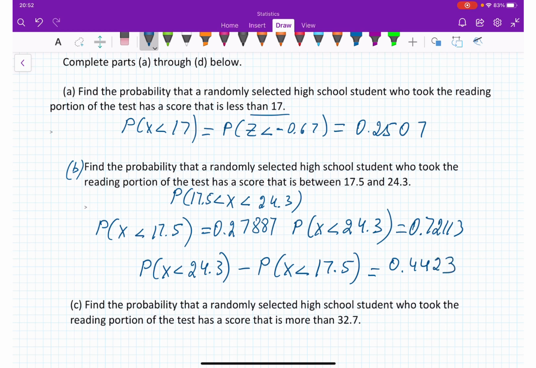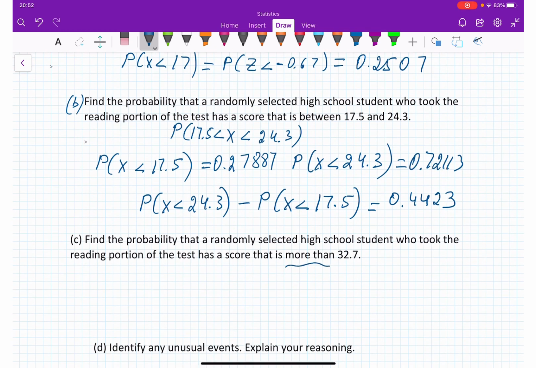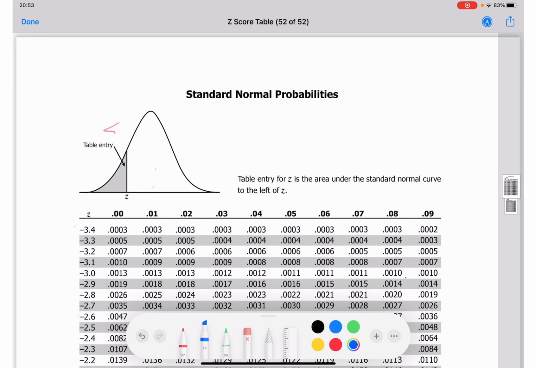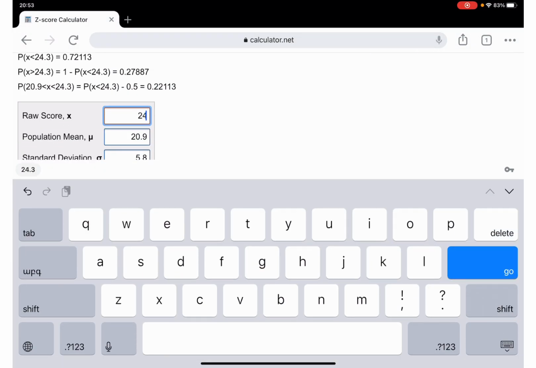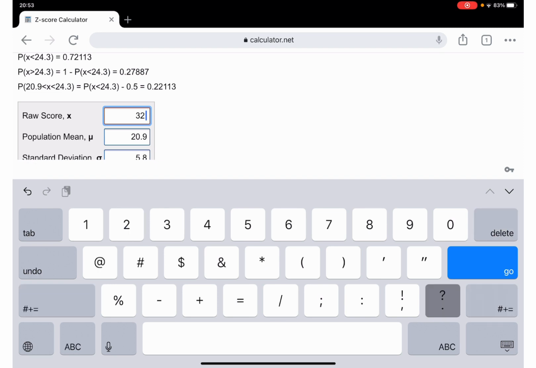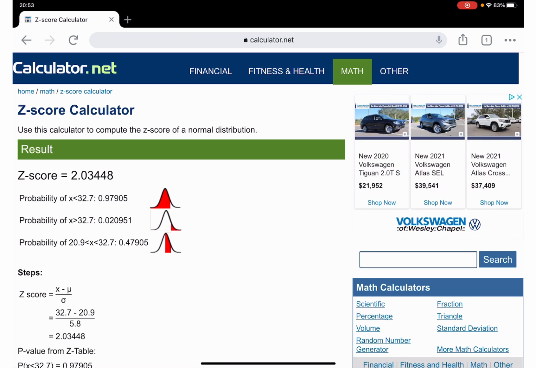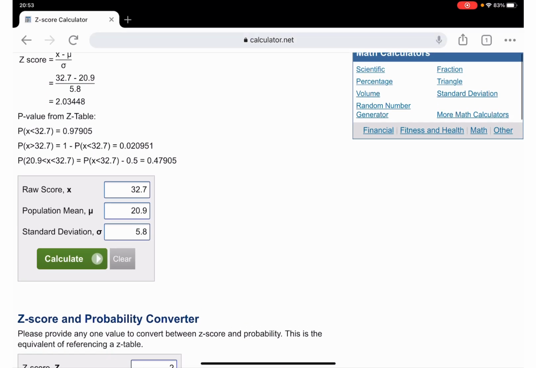Okay, next, it's going to be more than 32.7, probability for x greater than 32.7. So we need to find less than and subtract from 1. This is less than 32.7. Okay, so 32.7. No, I don't want this. I want this. 32.7. Okay, less than it's going to be